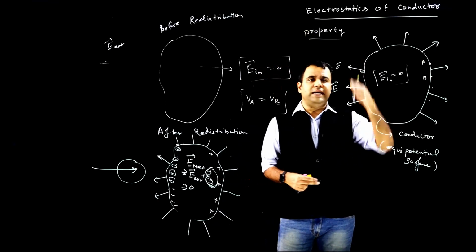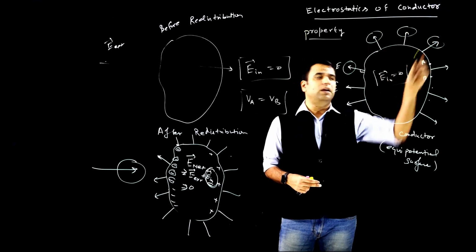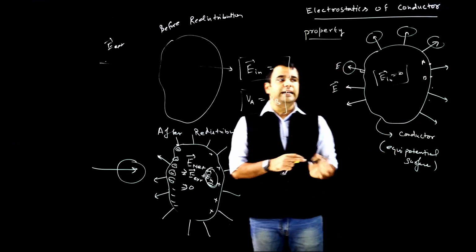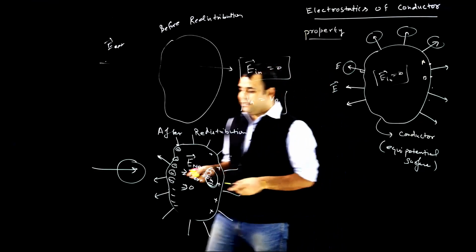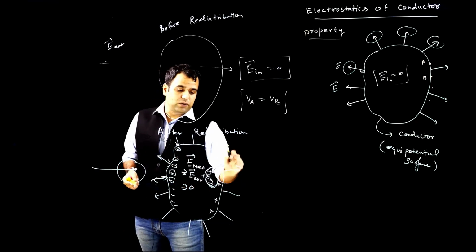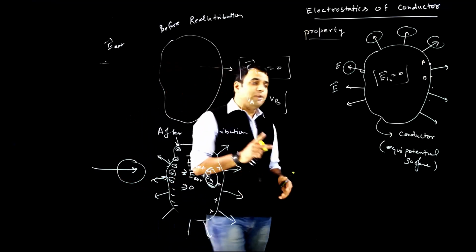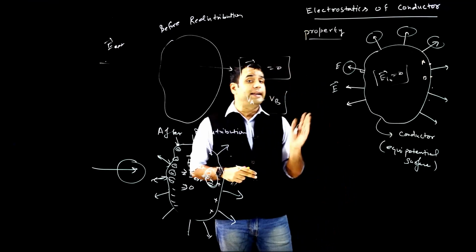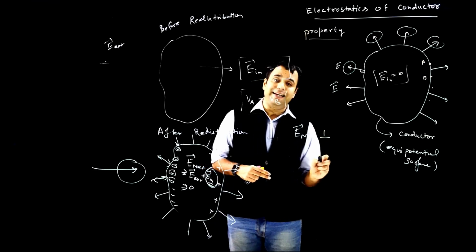if there is a field outside, then at each and every point on the surface, the field will become perpendicular. At some points it might be going inside, at some points it might be going outside. Inside and outside are both possible. In this case I have shown all outside, but that's not always the case. At some point it might go inside, like in this case it will be going inside. Here it will be going inside. Here it will be coming outside. Like that. But at each and every point, the net field is going to be perpendicular to the surface. And I'm talking about the net field. So E net is going to be perpendicular to the